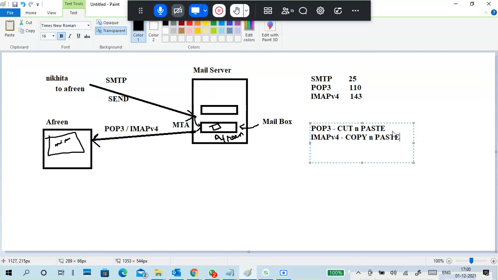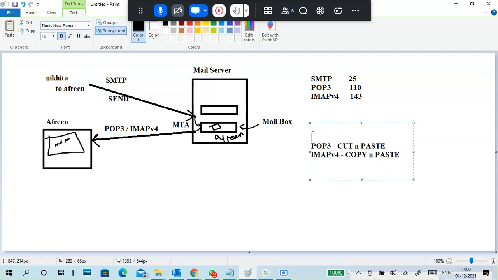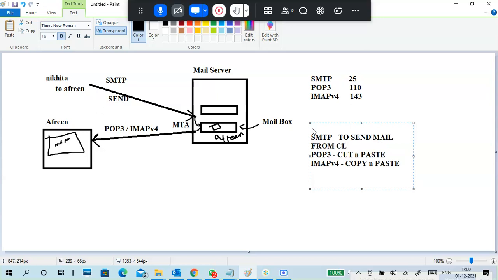SMTP is to send a mail from client to server, so it is also called outgoing mail. POP3 is a cut and paste.